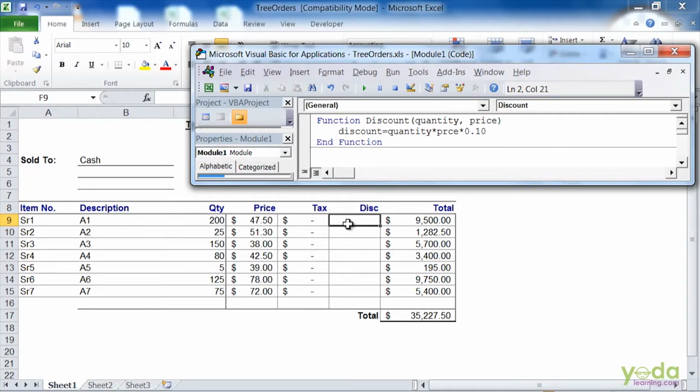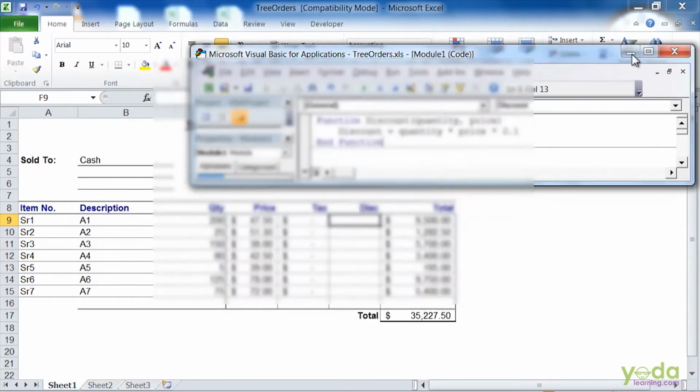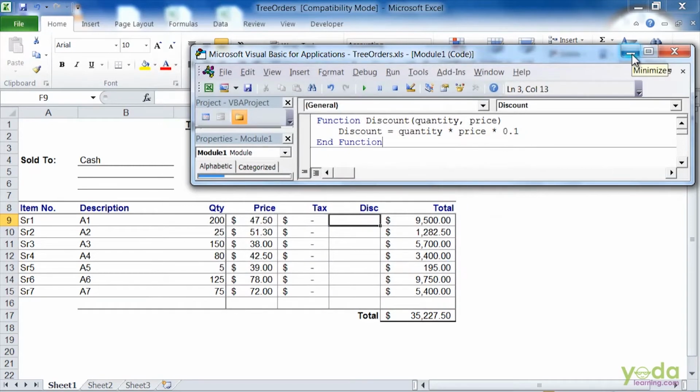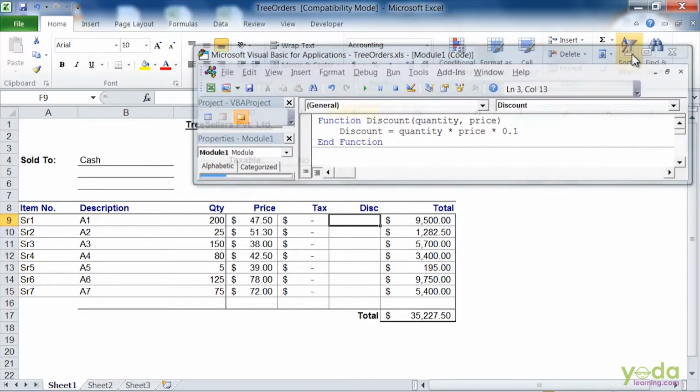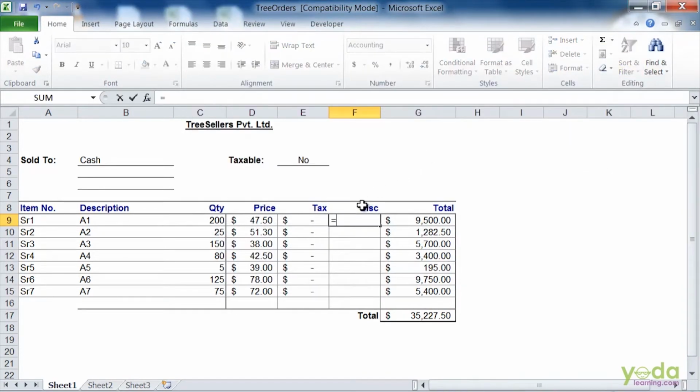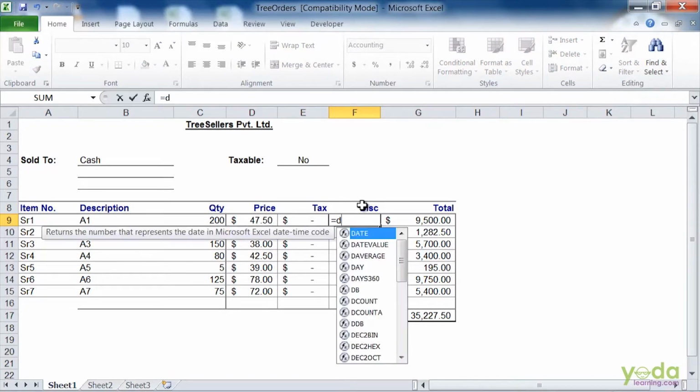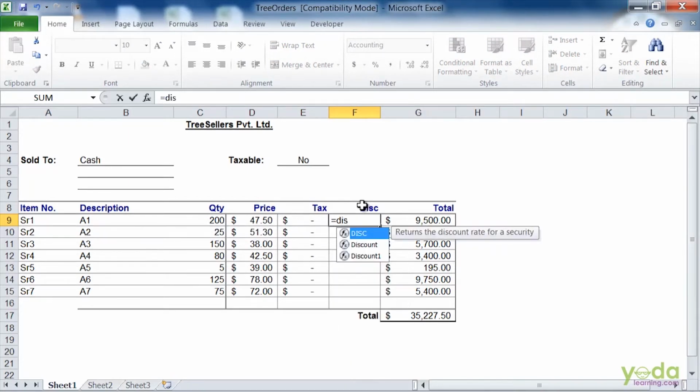Now, as this is not a normal procedure which I showed you in my earlier videos, this is a function which I need to execute through Excel. I'll minimize this and say equal to Discount. Now it's listing me the function Discount.